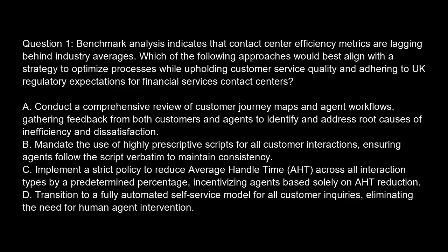Option A. Conduct a comprehensive review of customer journey maps and agent workflows, gathering feedback from both customers and agents to identify and address root causes of inefficiency and dissatisfaction. Option B. Mandate the use of highly prescriptive scripts for all customer interactions, ensuring agents follow the script verbatim to